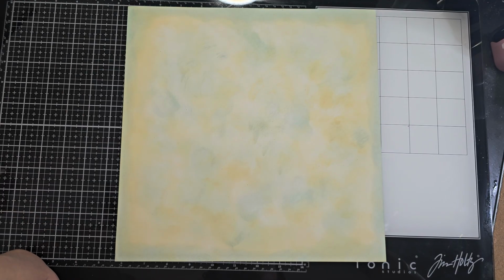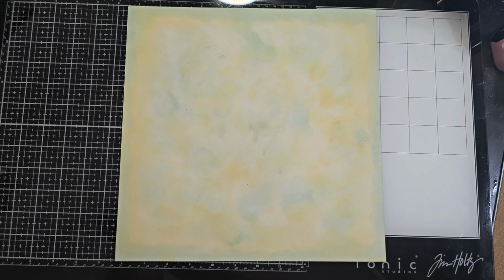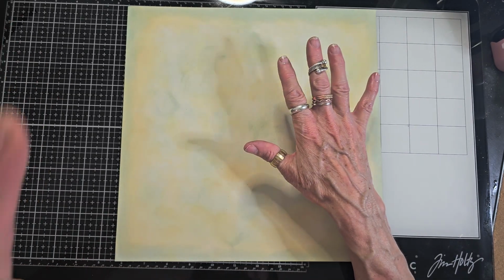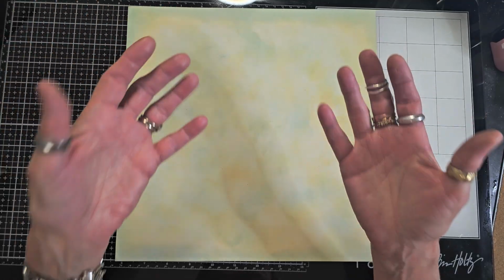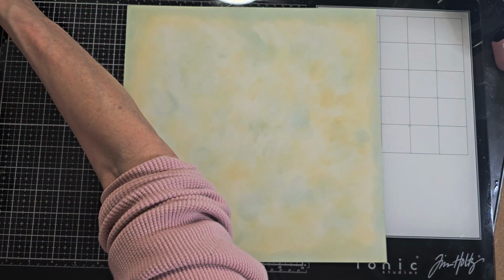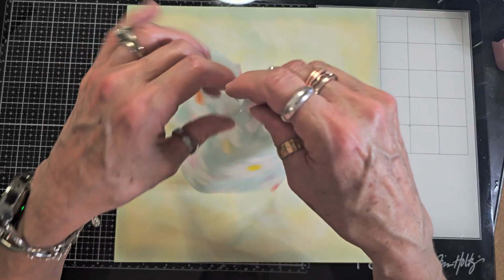Okay, so as you can see, I changed my mind. Once I started putting the tissue paper or the napkins down, I was a little wary that once I glue it, it's going to be a lot more see-through. So I wanted some color popping up from all the white. Not so much on this, obviously, but especially this one because it's so light. That's a double sheet, but as you can see,